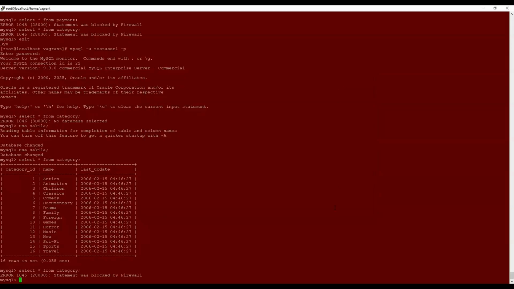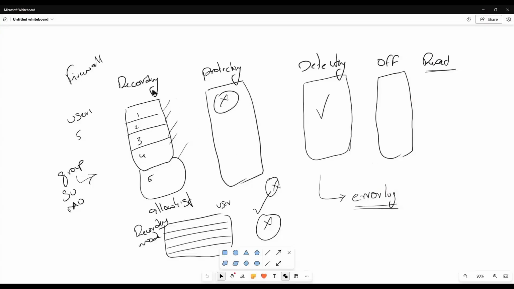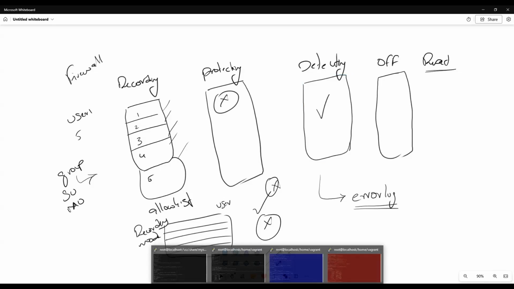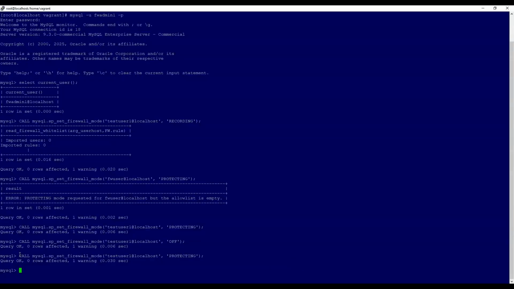Now let's do one more exercise. If we remember, we put that user in recording mode, we put it in protecting mode, and we also turned off the firewall for that user. Now let's put the user into the detecting mode. When we set the user into detecting mode in the firewall, it should allow any SQL, and on top of it, if the SQL is not there in the allow list, it should write it to the error log saying that it is a suspicious SQL. So now let's put that user into the detecting mode. For that, as a firewall admin,